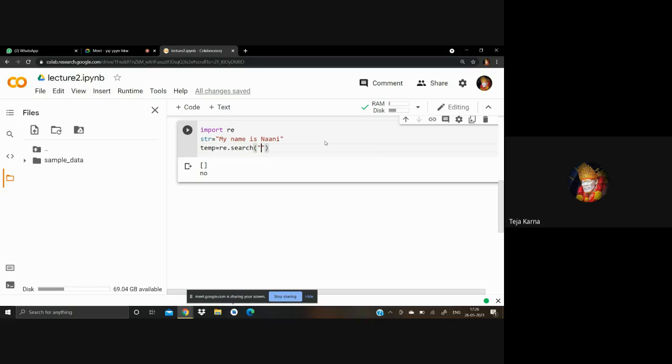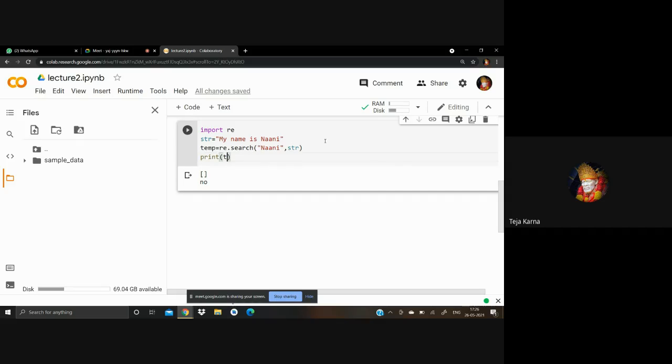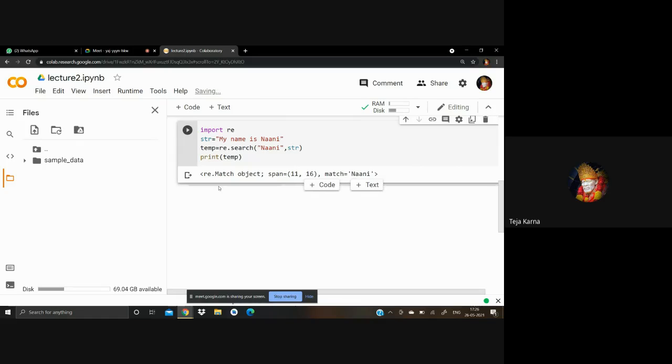If you want to search for Nani in this, then comma and str, then print temp. Okay, fine. It is showing that a match object is there. We are getting a match as Nani, but as soon as we search for something like Nani S, it will show None. It is not going to find any word from that.